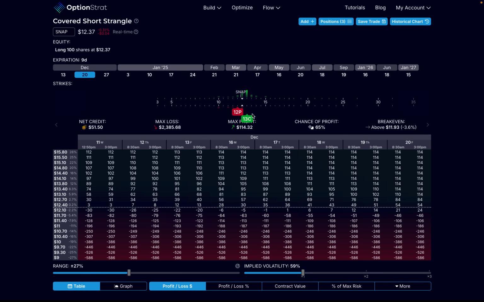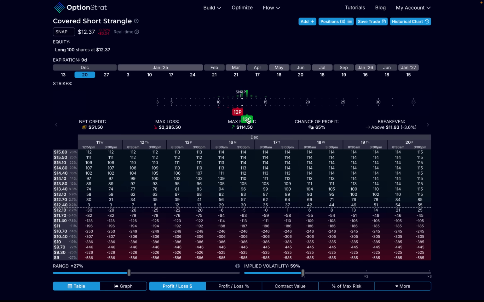So there's three scenarios here that can happen. At expiration, either the share price is below the strike of the put we sold. If that happens, that means we keep our 100 shares that we originally had, and now we would buy 100 more shares at $12 a share. The second thing that might happen is that at expiration, the share price is above the strike of the call we sold. If that happens, then we would have to sell the 100 shares that we had,